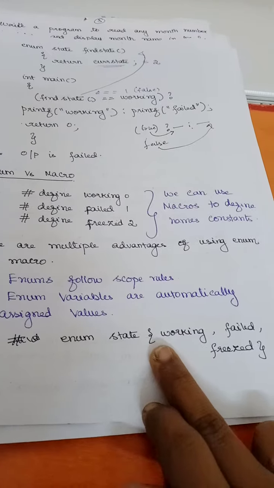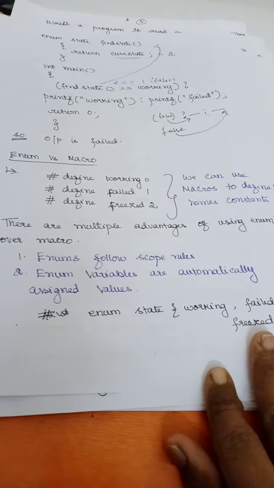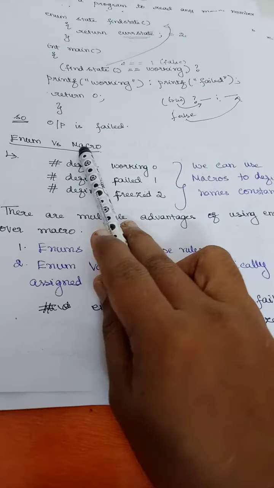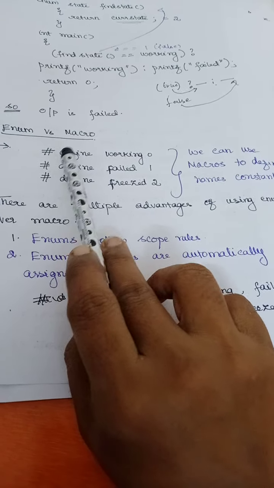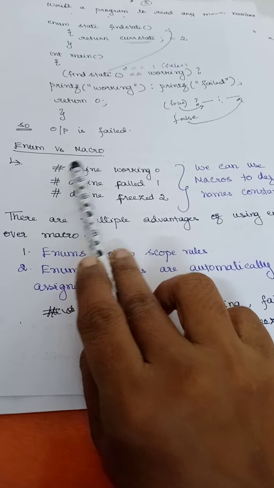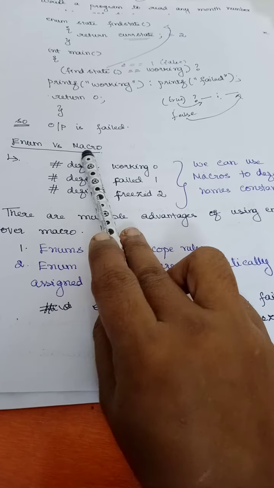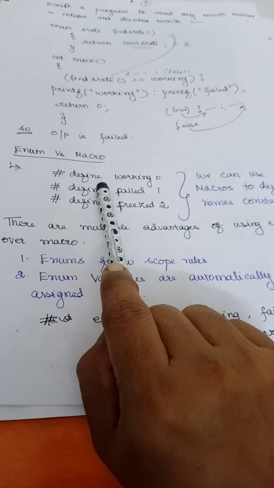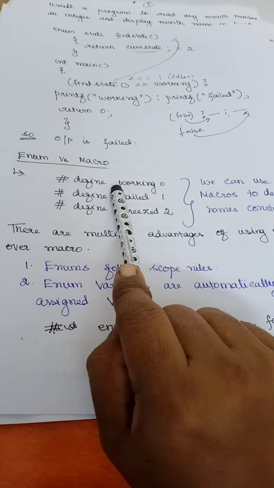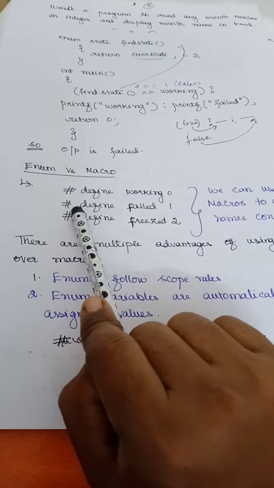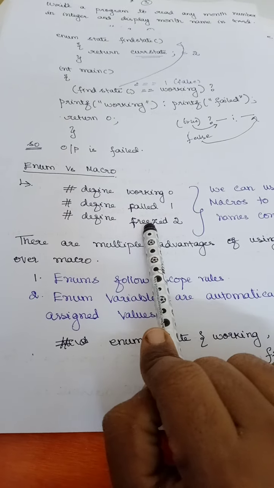Now we'll see what is the difference between enums and macros. You don't know about macros; in the 5th unit only you will get macros. But anyway, I'll tell you the differences. This is a macro. Anything that starts with hash, like #include, you are going to call it a macro. So here I am defining the variable for a macro with #define. For macro, you need to write it separately. If I have 7 days in a week, then I have to write #define Monday, #define Sunday, #define Tuesday, right?